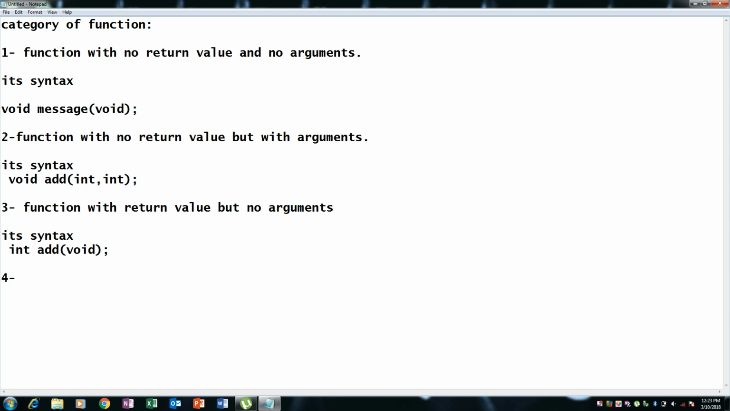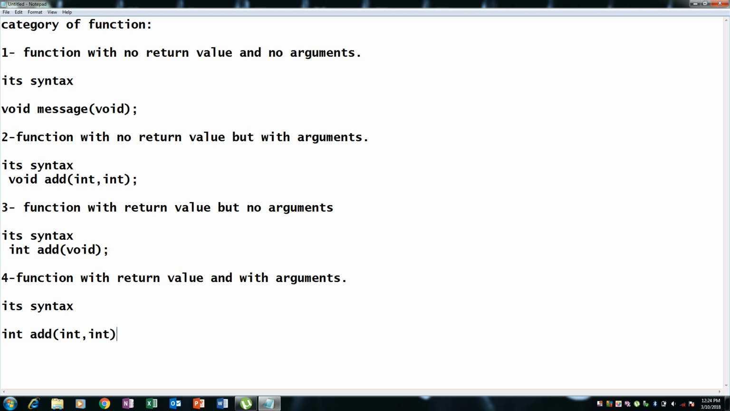The fourth category is function with return value and with arguments. In this category we will return a value as well as take arguments from the user. Its syntax is int add(int);